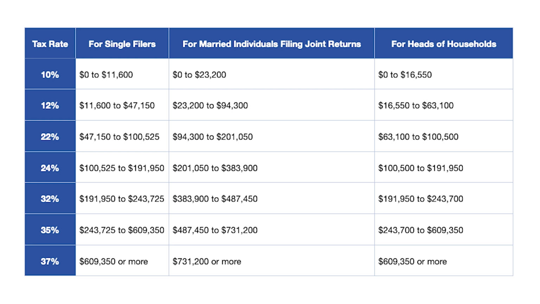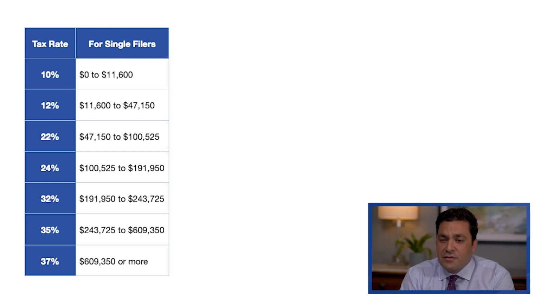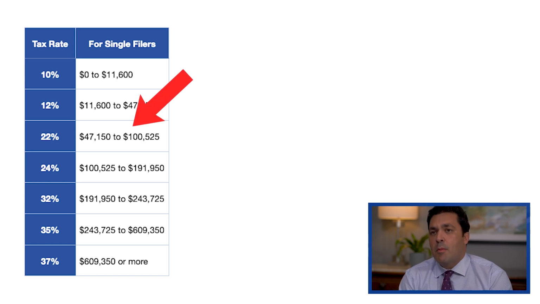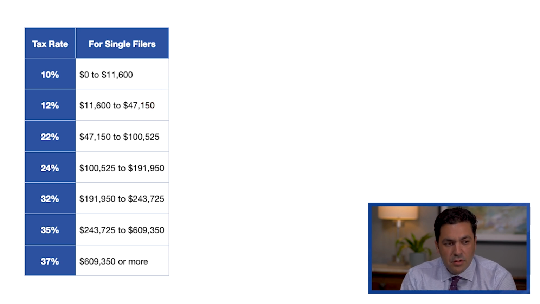Something that people don't understand sometimes is that it is a progressive income tax. That's what we have in this country. So if you're single and you make $100,000, I believe that drops you into the 22% tax bracket. So people think that, okay, all my income is going to be at 22%. That's not true. From zero to the first